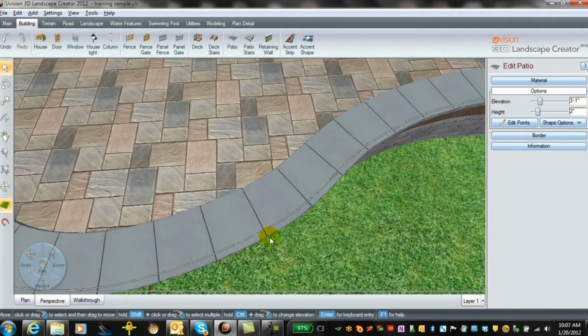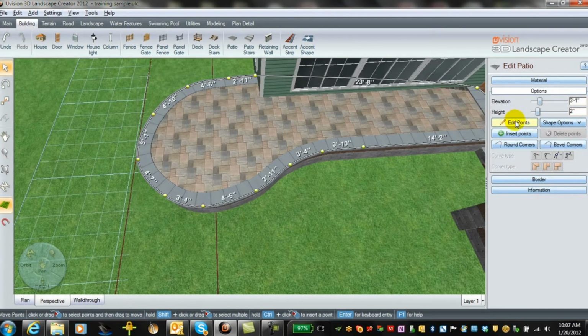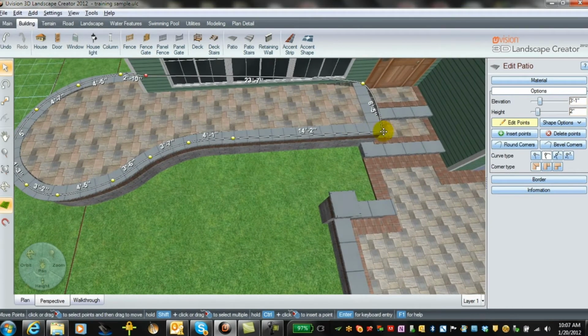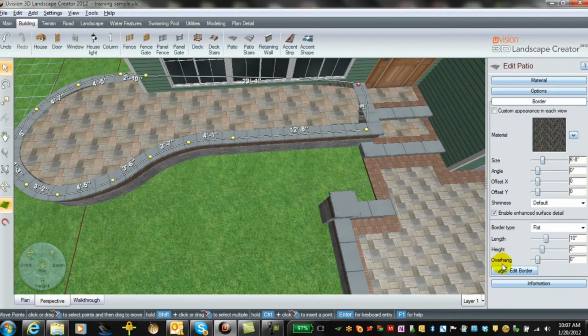So the easiest way really to deal with that is just go to Edit Points and just pull in your points a little bit, and pulls it away from the outside edge. This is the way I like to deal with this, and it goes pretty quick actually. So, and don't worry if a little bit of that soldier course peeks out, we can deal with that. Okay, and good. And then if we go to border, we can edit the border just by removing the borders wherever they kind of peek through,